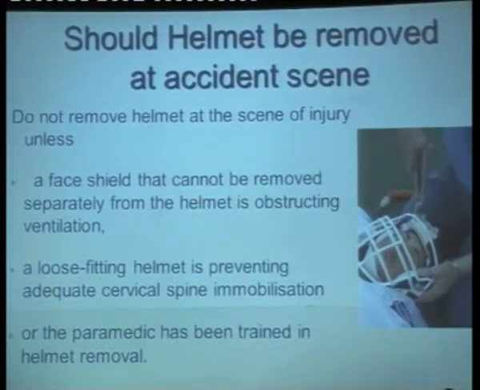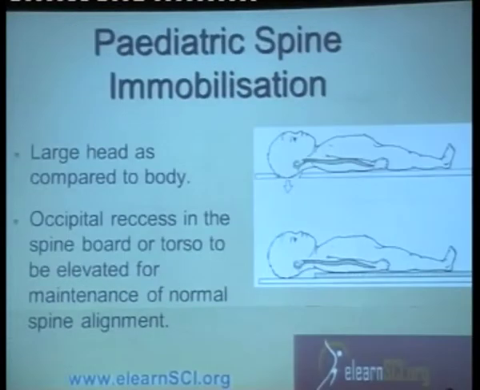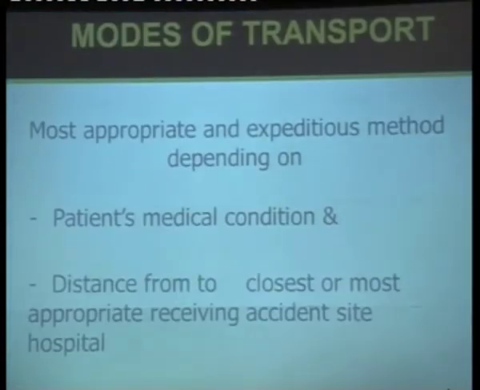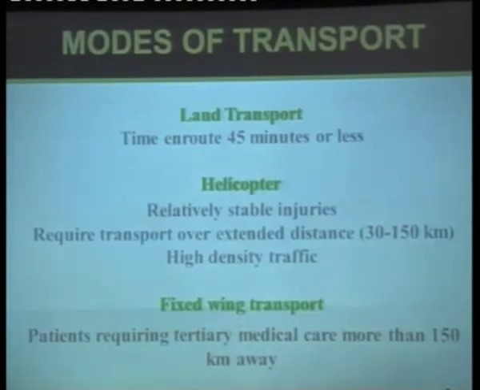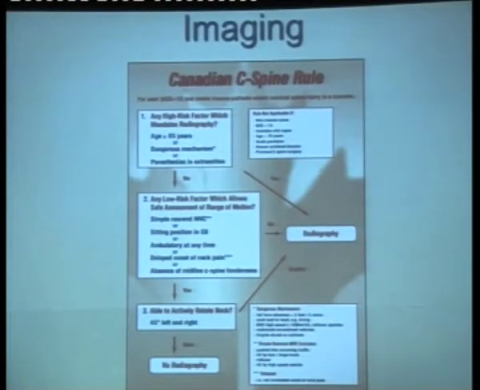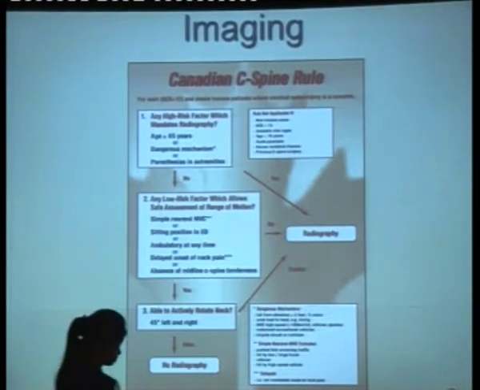One should not try to remove the helmet except if it hinders the immobilization or the resuscitation. And when it comes to pediatric spinal cord injuries, they are different, so they need a different mode of immobilization. What should be the mode of transport is also important, and the distance en route to the definitive center plays a vital role in deciding how you would transport the patient to the definitive institution. Imaging also, there are guidelines on what imaging to be done, and where you don't need imaging. Of course, when you suspect a spinal cord injury, it's important to screen the whole spine because there is often